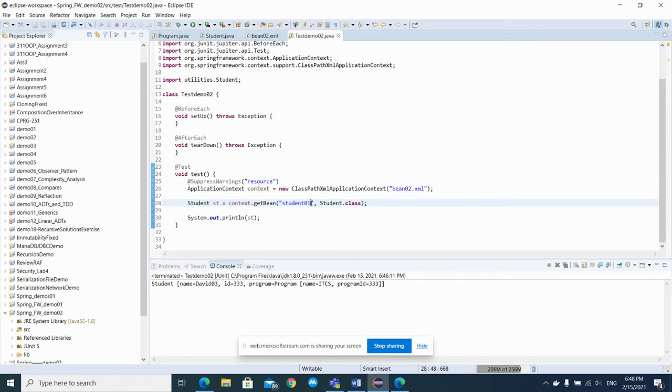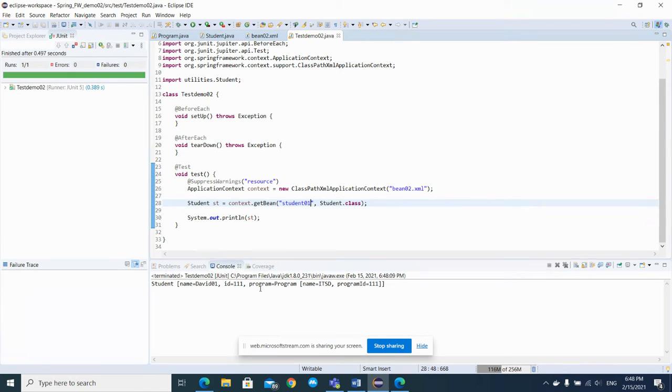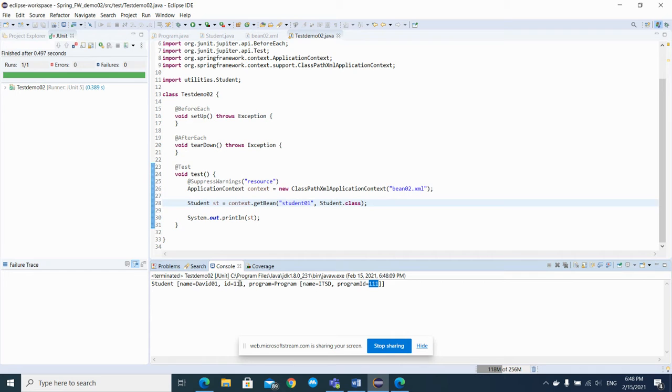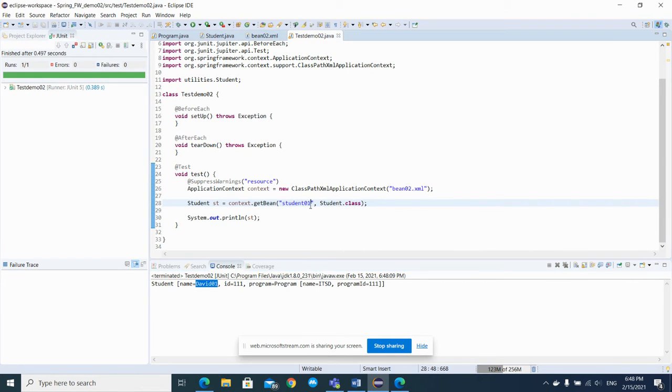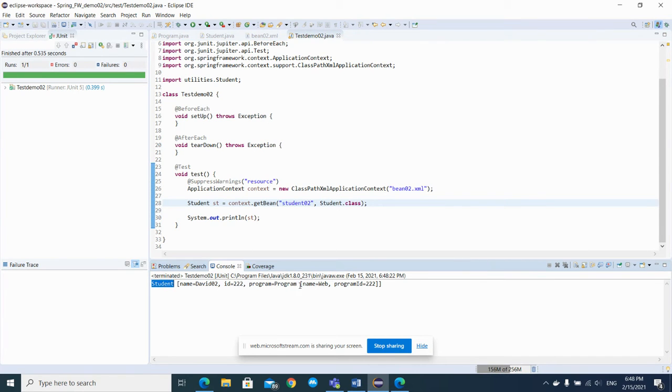So let's have a test. First one is student 01. We create the program outside of the student bean. Works well. So 1, 1, 1, 0, 1, ITSD. And number 2 is where we create the program inside of the student bean. So 222, demo02,